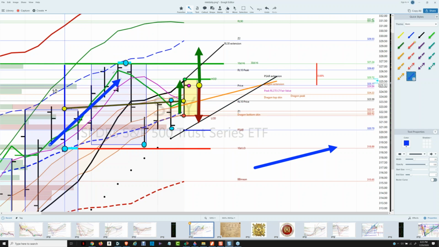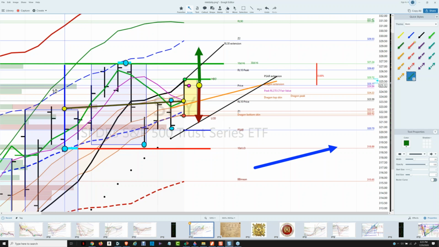Yeah, so we had the RL10 cross the baby dragon, and then 4 days later recross the baby dragon here, and it is sloping up. Now we'll notice that the RL10, that 10-period regression line, is now ever so slightly favorable. So today was really a good news day. The large cap tech guys weathered their storm in front of Congress today, and price action netted out to be pretty good.